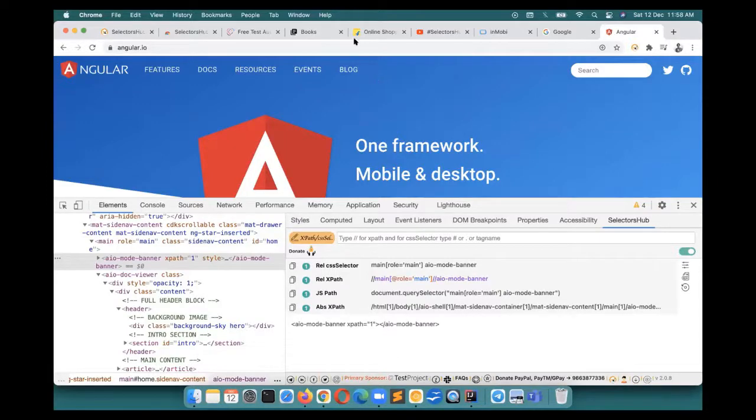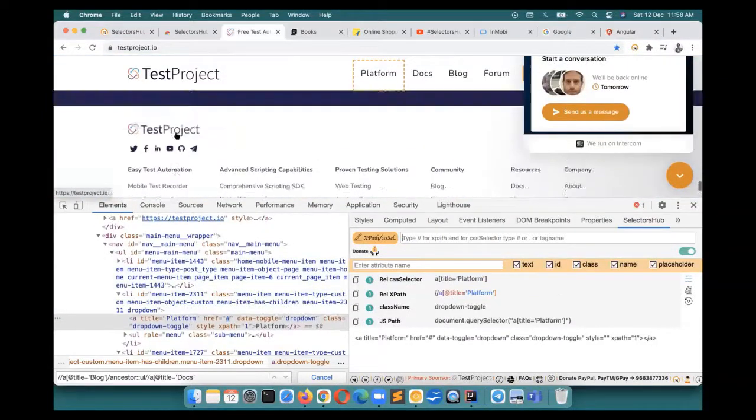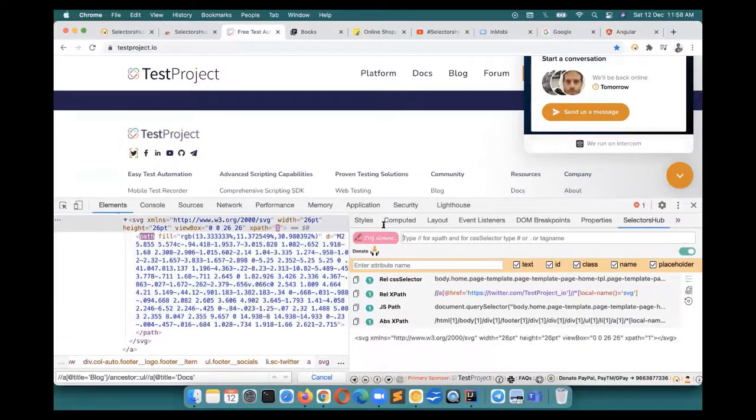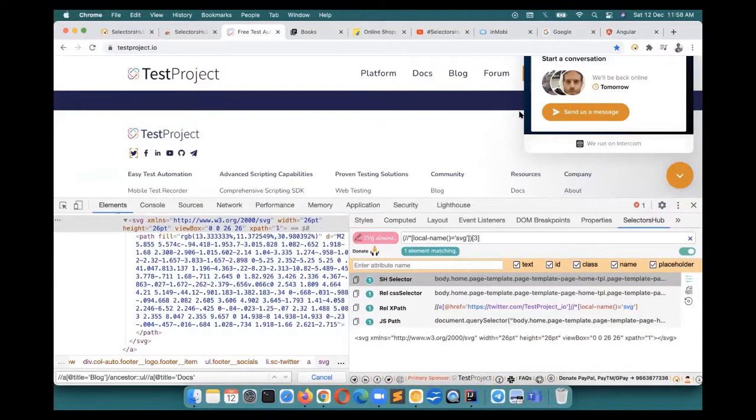If at any time you feel that nothing is working, like in this case, let's say you are writing an XPath for such kind of element and you didn't find anything unique here. Let's say this one, and there's no class or ID, right? So in that case, it also supports indexes. You just put your cursor in the beginning, open parenthesis, and here you will get the XPath with indexes as well, and you can write the unique XPath.